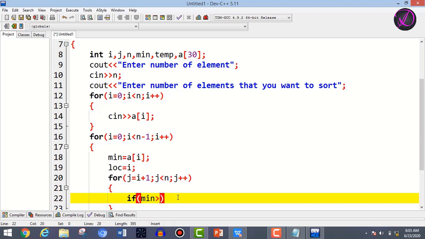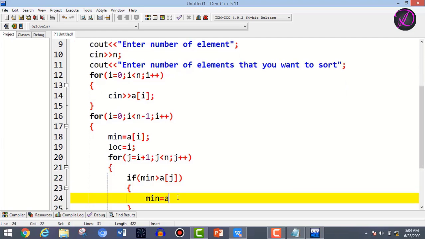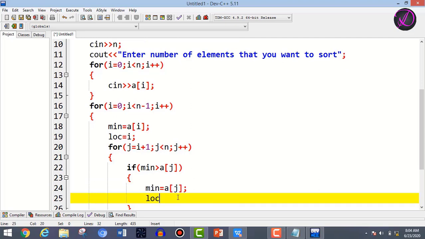greater than array[j], then min becomes array[j]; then loc = j;.